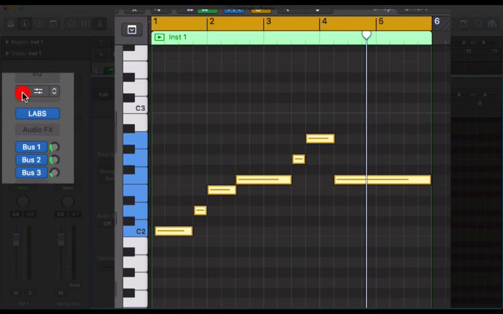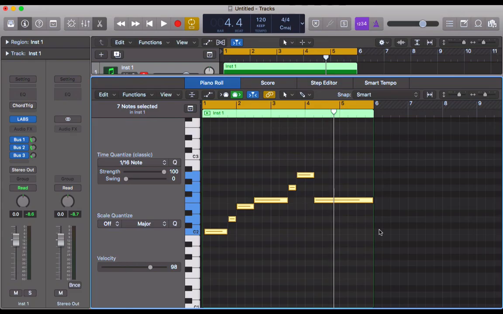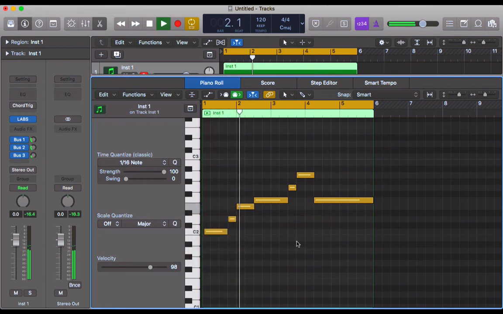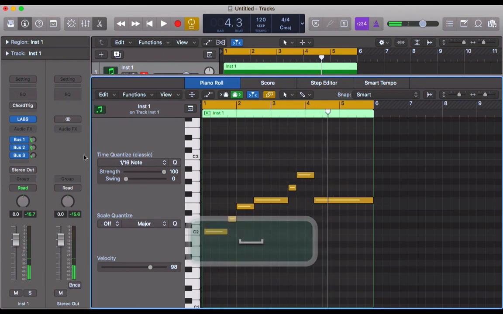Now if we turn off the chord trigger, which we can do here on the top left, then we don't get those chords anymore, but we get the root note, so the note we actually played in, or the note that we can see here will play, but not the chord. Right, and if we re-enable that,